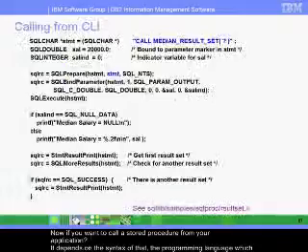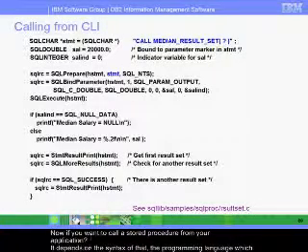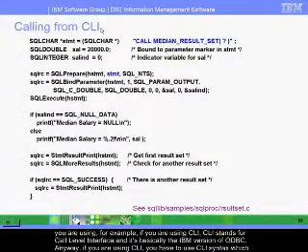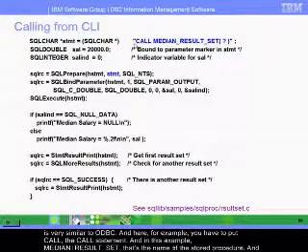Now, if you want to call a stored procedure from your application, it depends on the syntax of the programming language you are using. For example, if you are using CLI, which stands for call level interface, it's basically the IBM version of ODBC. If you are using ODBC, here for example you have to put the CALL statement,